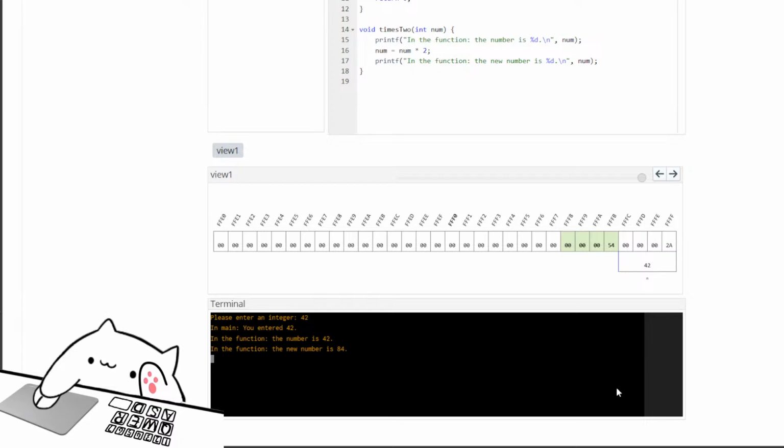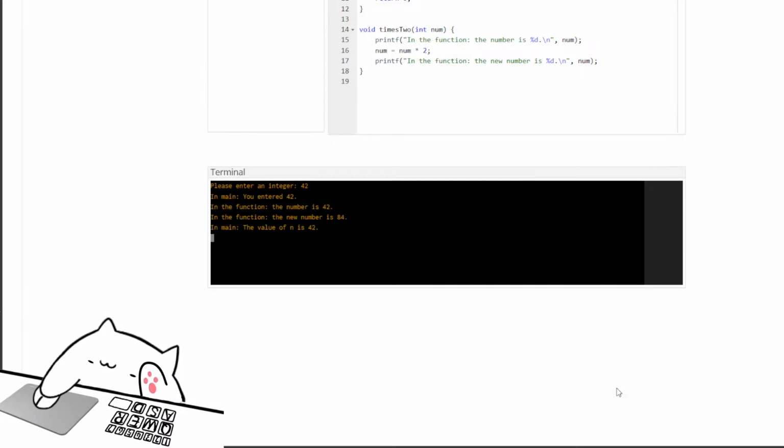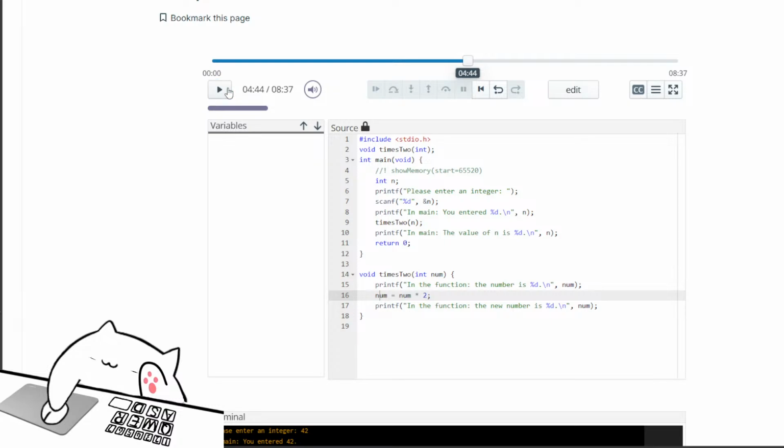And the function terminates, so we return to the main program. And in the main program, the value of n is still 42. It has no idea that we multiplied anything by 2 in the function. So if we wanted to modify the value of n within this function times 2, we need to pass the address